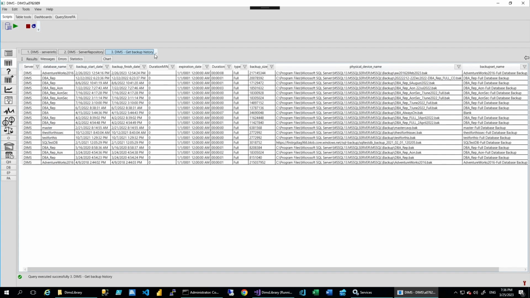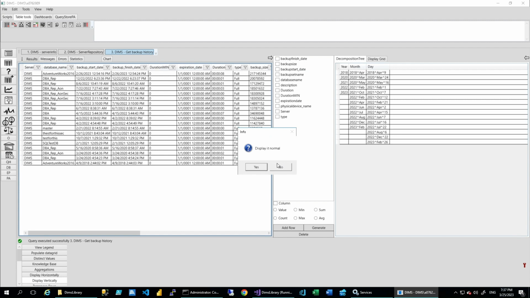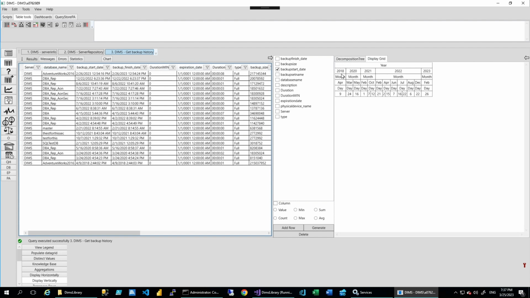And if you remember from a previous video, I showed how we can display data hierarchically. So for example, if you want to display data vertically for this result set, if you choose a column which is of type datetime, then you will see this type of information. If I choose backup start date, the data will be displayed like this, but I want to display it normally. And if we go to display grid, we will see the data like year, month,